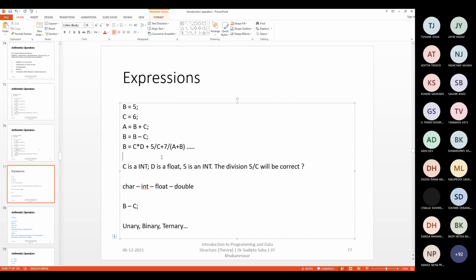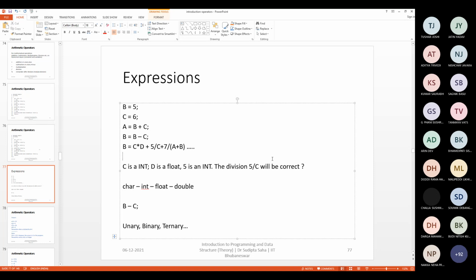You know, the computer cannot do anything in a confused state. If you want something to be done by the computer, it has to be very, very specific. Then only the computer can do that. If you make it confusing, then the computer will not be able to do that. So the computer also has an internal rule for this confusing situation, that which one will be done first, because the computer does it sequentially, right? So the computer will have to do this first, or this part first. Something has to be done first, and then the next part will be computed. This way things will be evaluated, right?